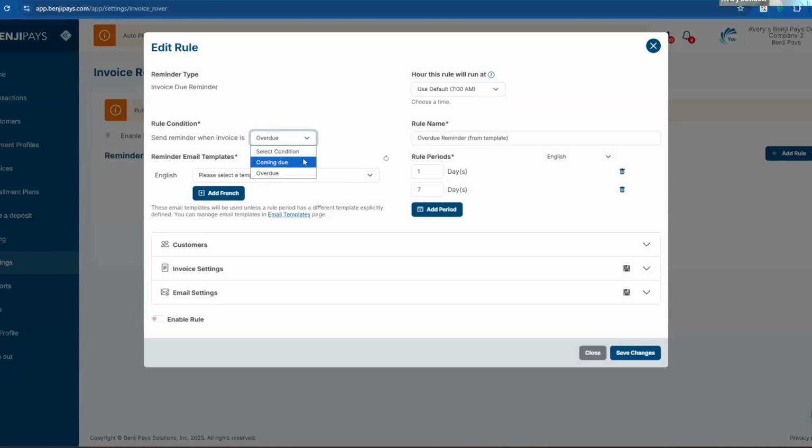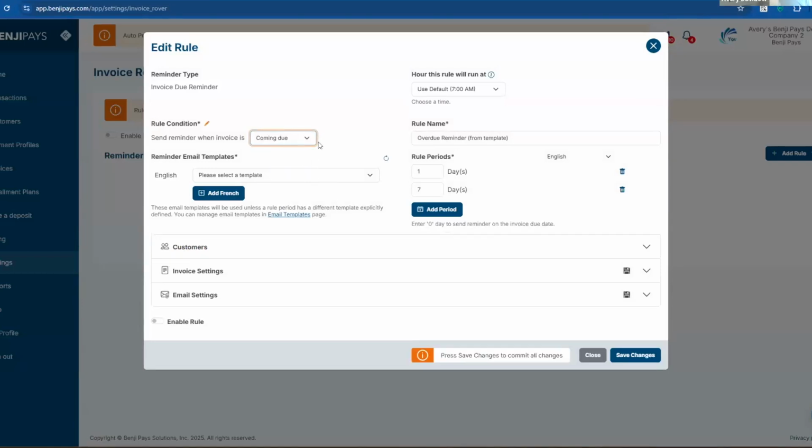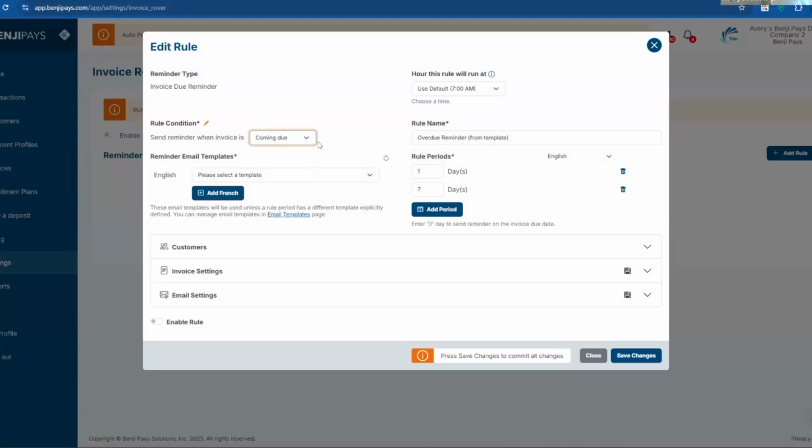So when a coming due notice would come really handy is, for example, if you have your customers set up on auto pay and their invoices are due, say on the first of the month, and they're set up with ACH or EFT or credit card payments on that date, you could have a coming due reminder go out a few days before that to say, reminder, your invoice is going to be automatically charged on the due date. Please make sure there's sufficient funds in your bank account or on your credit card.